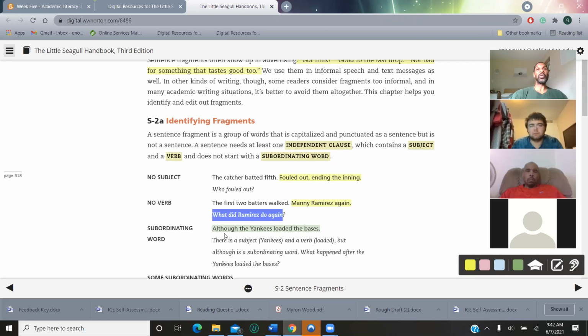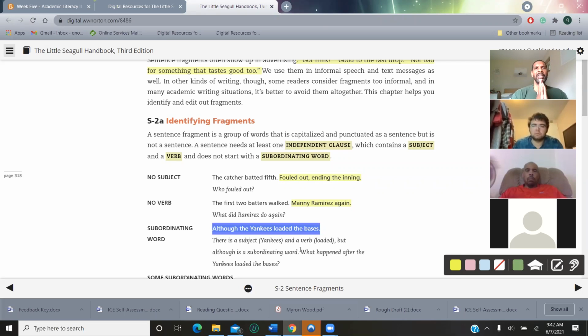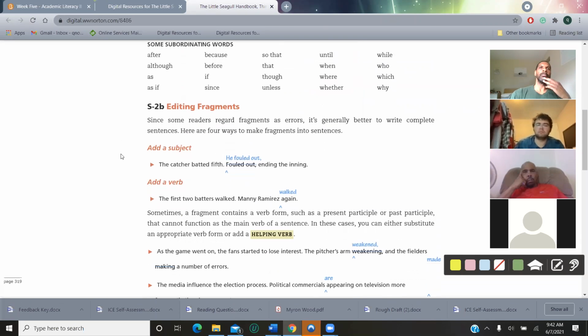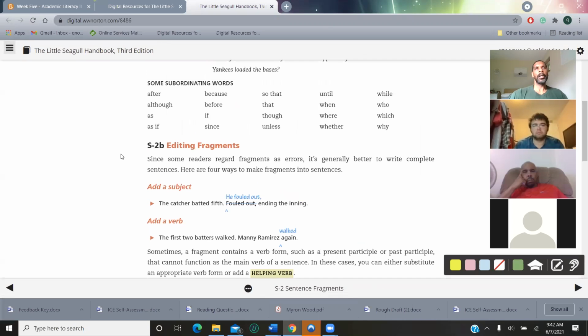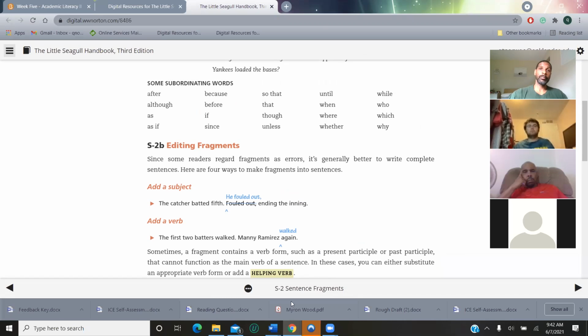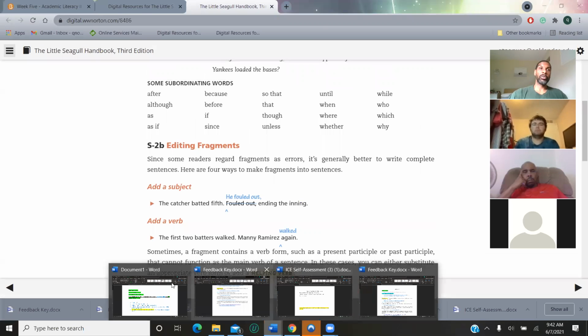And then it says a subordinating word, but in essence, this one does not express a complete thought. Although the Yankees loaded the bases, you set your reader up for something to come next. Although the Yankees loaded the bases, the next batter still struck out. Speaking of subordinating words,